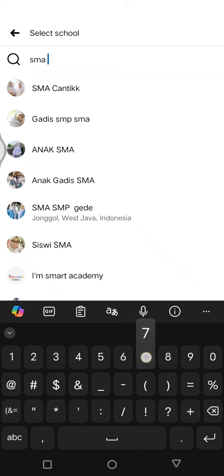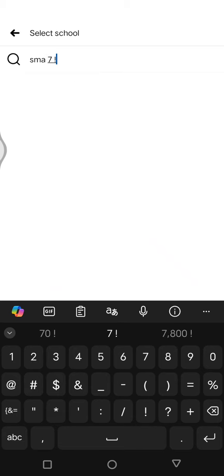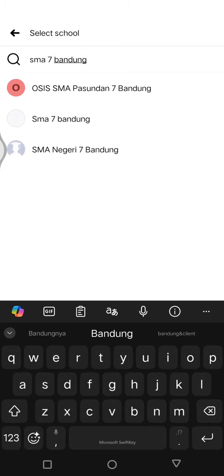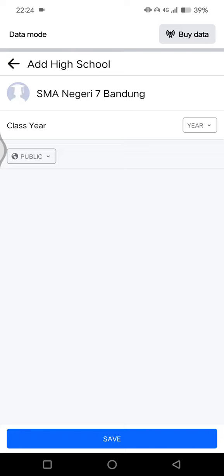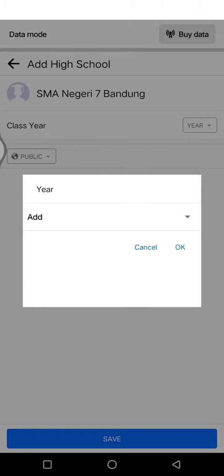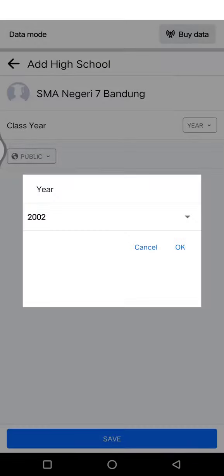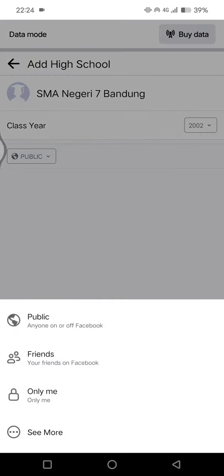For example, you can just type in your school's name, for example like this, and then here you can choose the class year. You can add the class year in here, choose your class, click on OK, and choose the visibility,